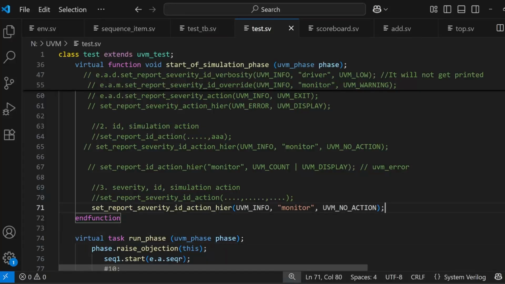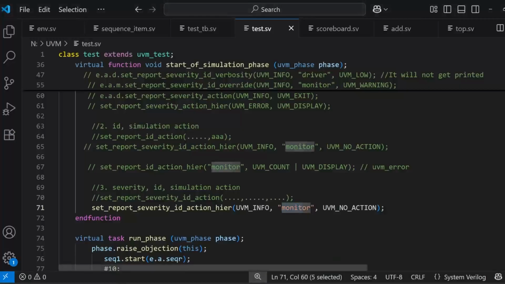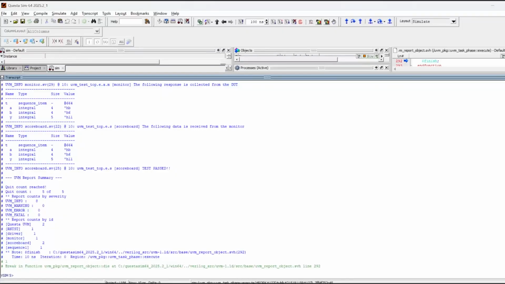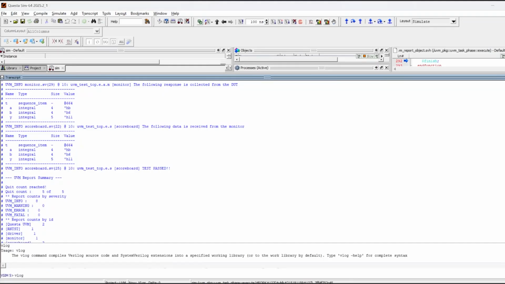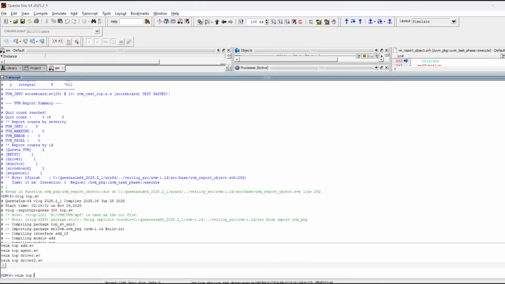So to target the same severity and the same ID, I will write the similar thing in my command line, and then we will check which will take precedence over the other. Here you could see that all the UVM info macros with the monitor ID, which is basically inside the monitor component, will get their severity action replaced with UVM no action. And we will counter that in our command line. But since we made this modification first, we have to compile the code to make it take effect. And right after that, I will start the simulation, but with the argument